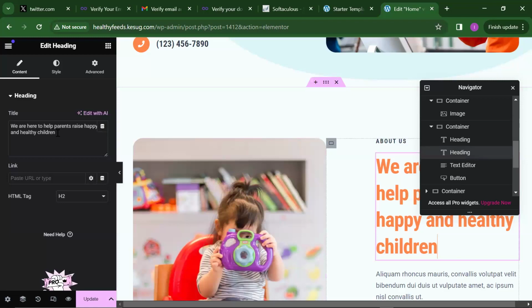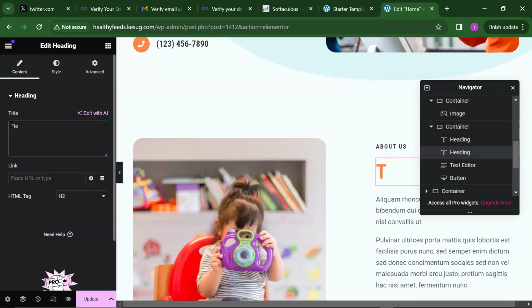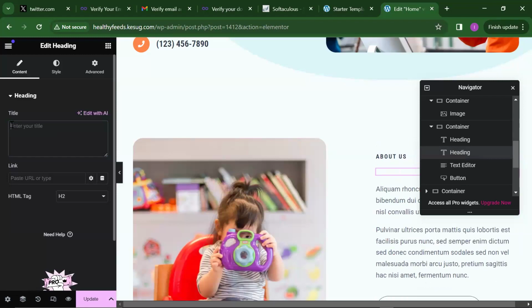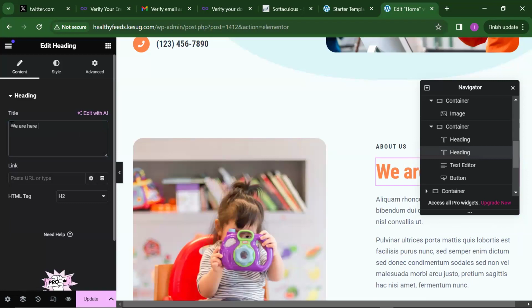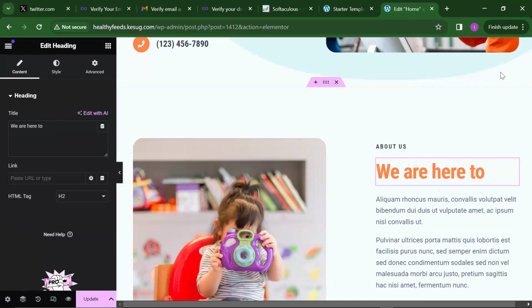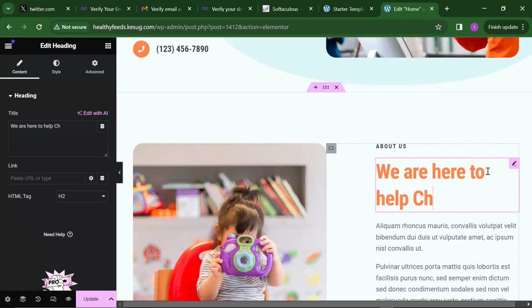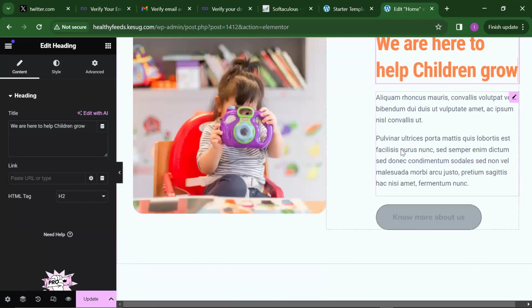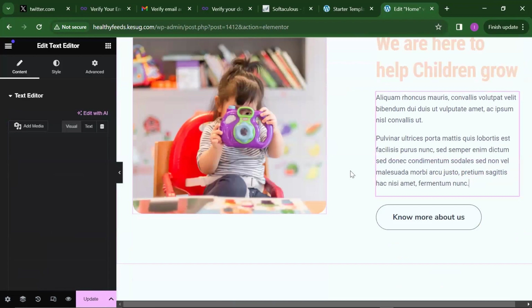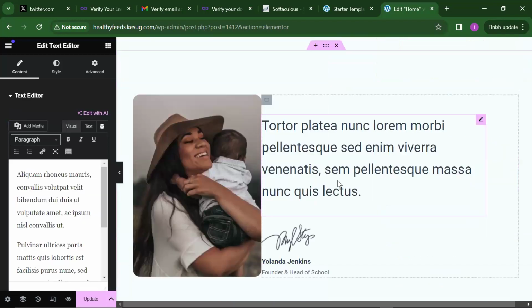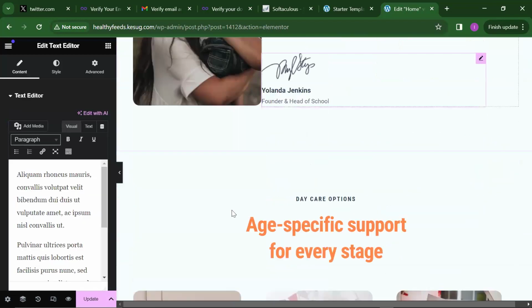So we are here to help children. You can change it from here. You don't even need to change it from there. So we can change it from here, from the left-hand side of the screen, title. We are here to, sorry, this is blocking me. Let me cancel this. We are here to help children grow. You see? So you can change the picture,